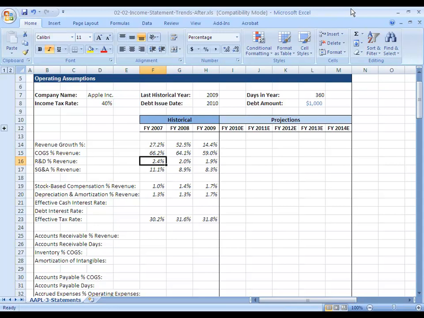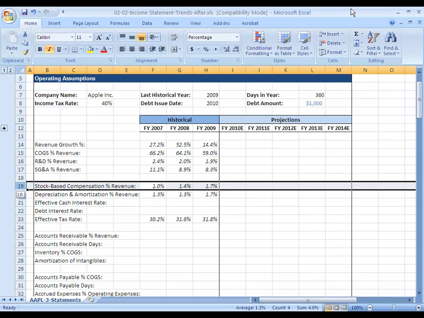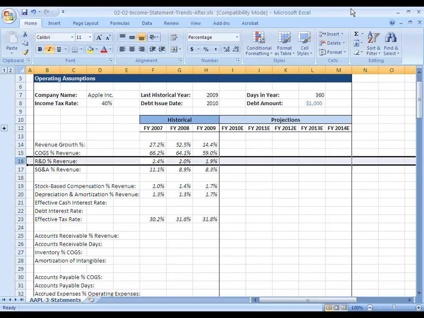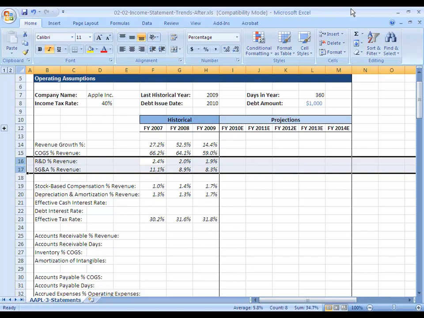Then for R&D and SG&A as a percent of revenue, these are both generally falling over the past 3 years. Now, to be honest, this one's actually a little unusual, and the reason it's probably happening this way is because when we looked at this, we took out stock-based compensation. If you look at stock-based compensation here, that's actually rising. We've excluded it, which explains why these are falling, because normally with a company, you'd expect these to actually be rising, because as they earn more revenue, they need to pay for more employees, they need to raise the employees' salary. So normally you'd expect these to be rising or staying the same. In this case, they're actually falling, which is a little unusual, but not entirely unexpected since we've taken out